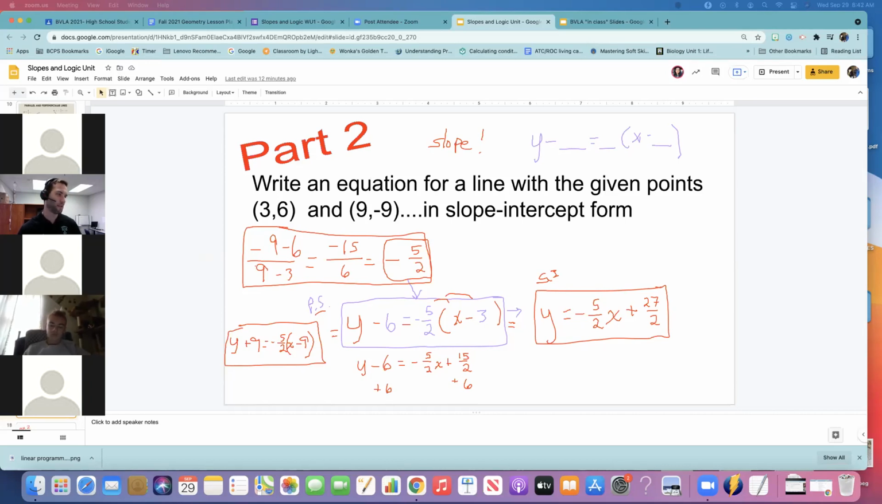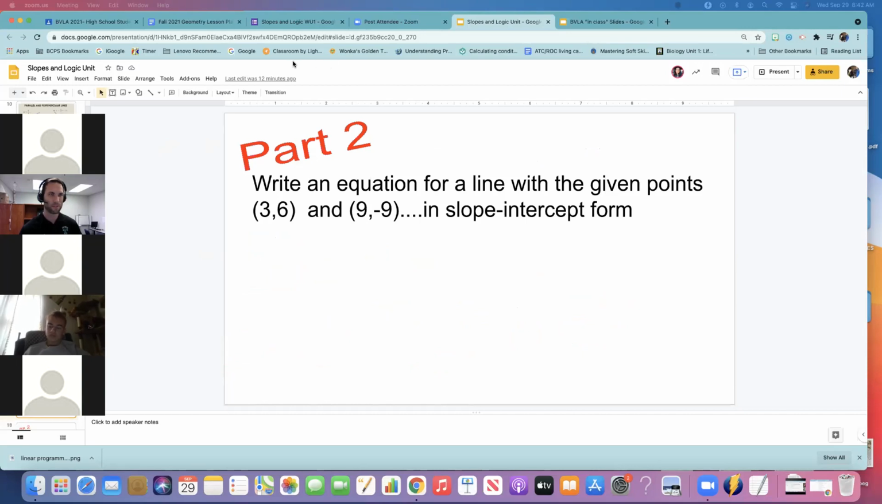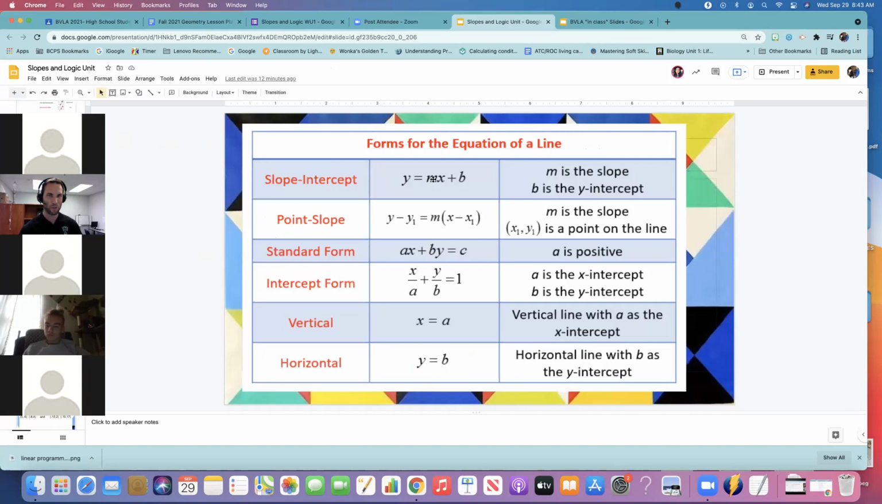You know, sometimes kids say, well, which line do I use? Remember, there's 3 of them. Let's look at the 3. They say, do I use this, this, or this? Well, if you're given the intercept, use this. If you know where the line touches the y-axis, use it. If you don't know where it touches the y-axis, but you have a point, then you use point slope because